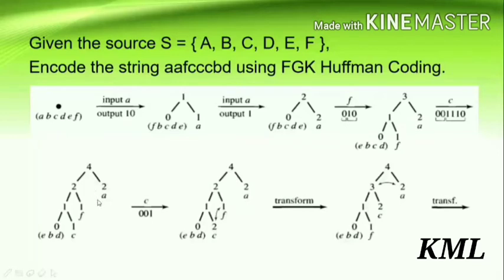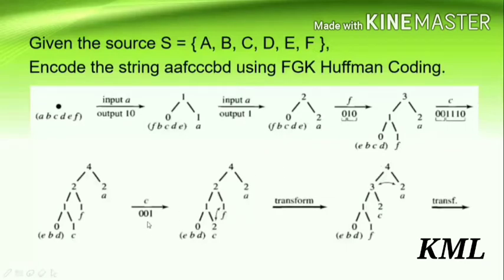So consider there is 3 here. Okay, we have not updated it yet. So what you do, check the sibling property. The sibling property is valid up to this. Okay, so next move up the tree. So now this 2 plus 2 becomes 4. Okay, so this 3 becomes 4. So now again check the sibling property. So 4 2 2 1 1 0. Okay, so the sibling property is valid. Okay, so this is the tree after processing C.